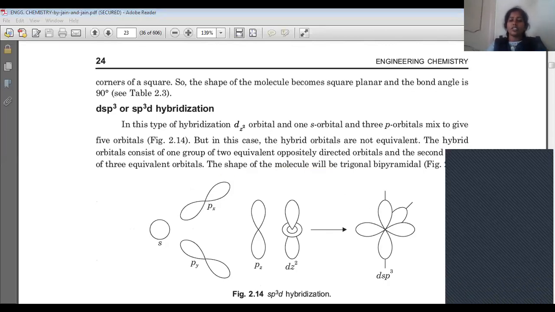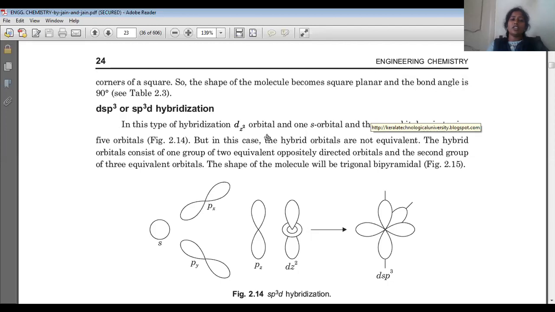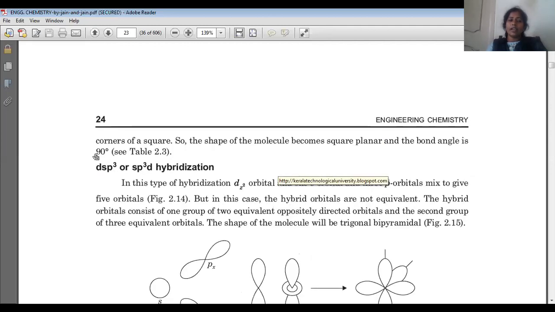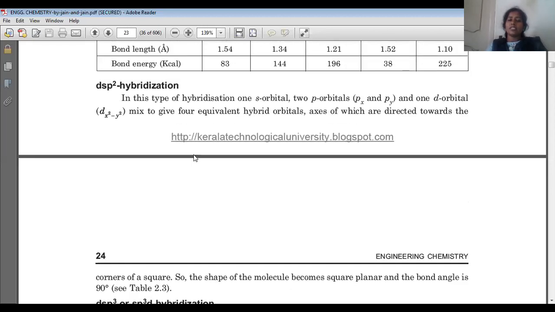That square planar structure gives all four bonds lying in the plane, and all the bonds are separated by a 90 degree bond angle. Here, a simple example for a square planar complex is platinum, which is surrounded by four fluorine atoms,